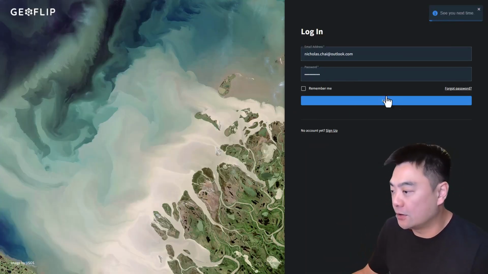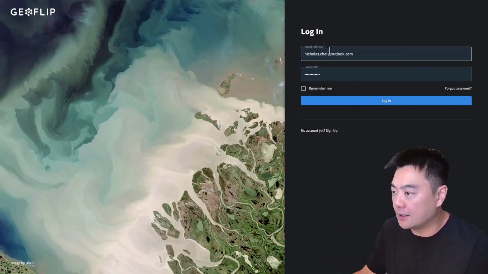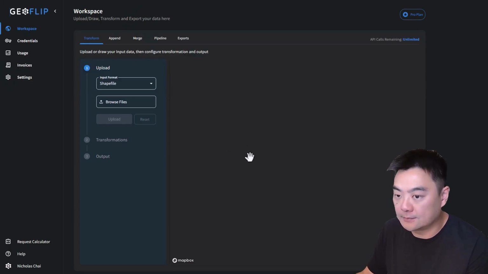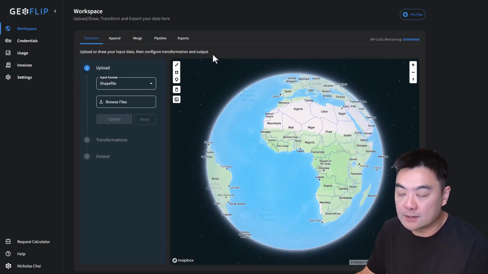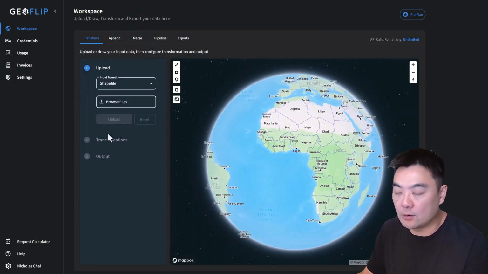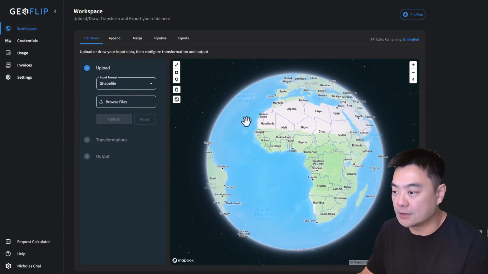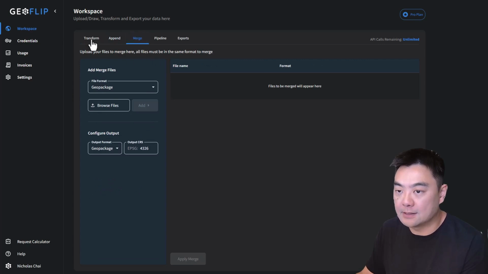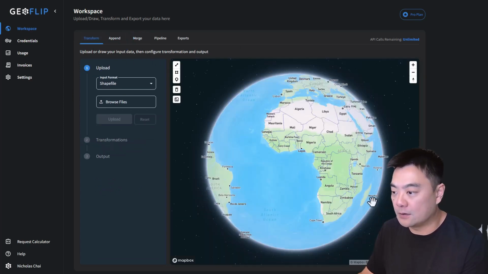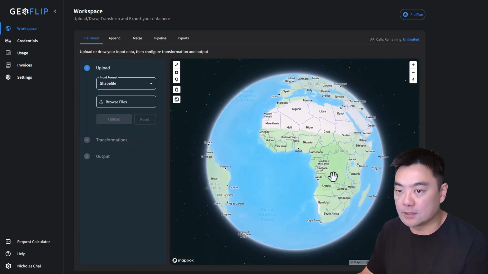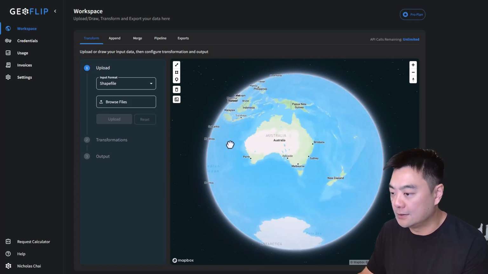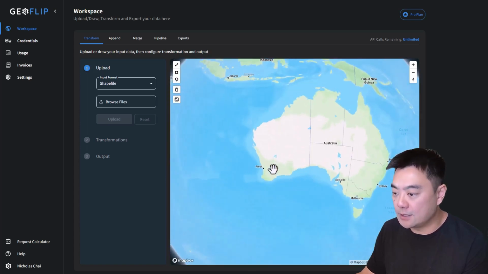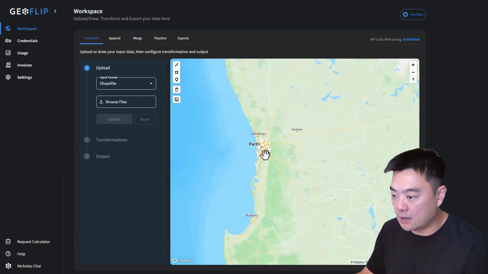Alright, so first thing you want to do obviously is sign up for an account and then log in. So we'll just do that here. When you first log in, you'll have to verify your email, but once you've done that, you get taken straight to the workspace page here. And in here, there's a couple of different tabs, but we're not going to worry about them just yet. We'll just focus on the transform here. So if we zoom in to Perth, which is where I am from,